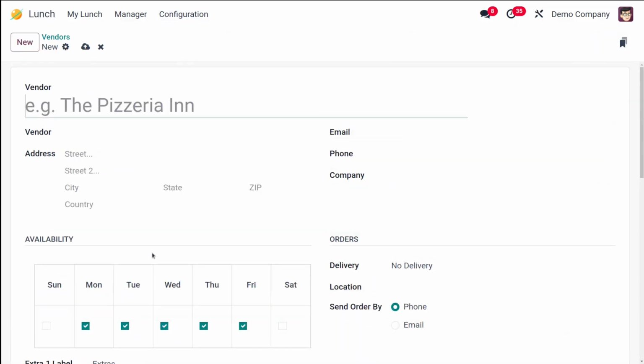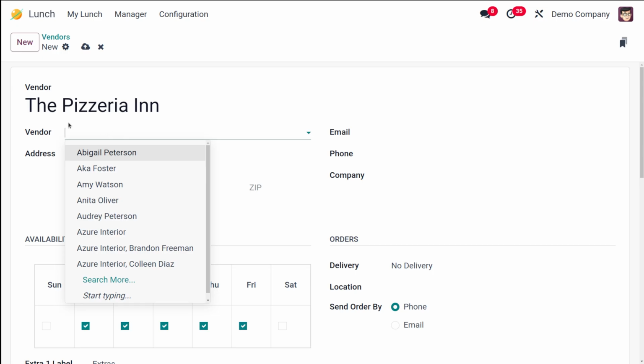So this is the vendor creation form. Here you can simply create a vendor by specifying the name, and I'm going to give the name as the pizzeria itself. Okay, so that's the name of the vendor.